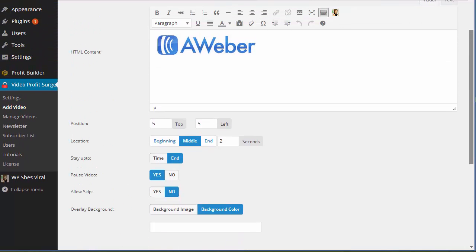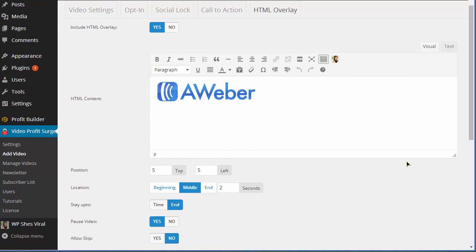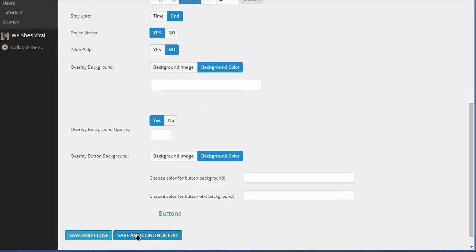Okay, these options that you see on the screen now are the options that we're going to be just dealing with. Okay, because these are more related to the HTML overlay. Okay, so now what I'm going to do is I'm going to actually save and continue edit and move on